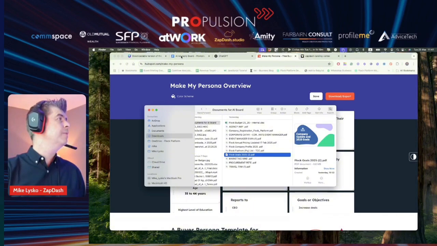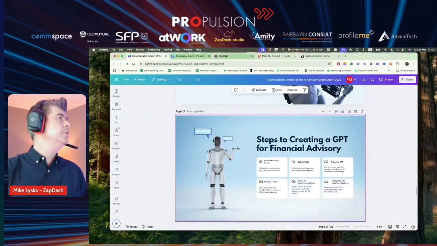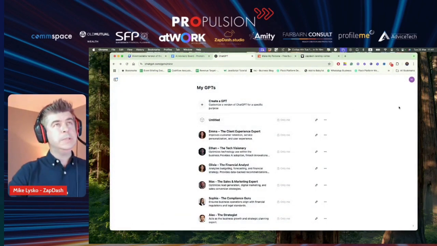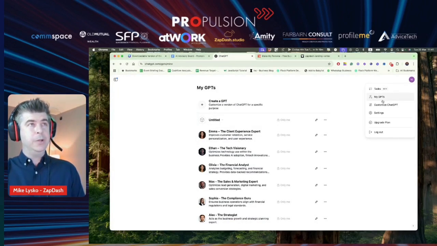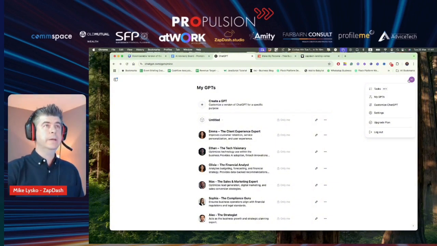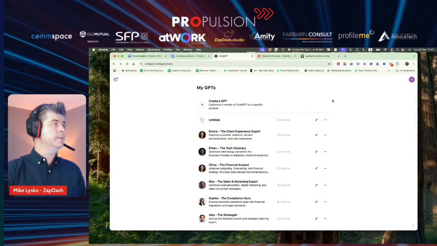Once you have that, you go into ChatGPT. Again, you should have a paid ChatGPT account. That'll allow you to go into your GPTs. You click on your profile over here, go to My GPTs, and you can create a GPT over here.